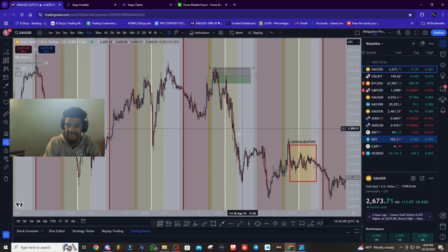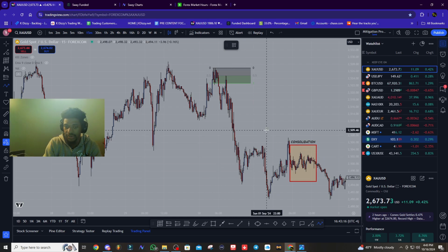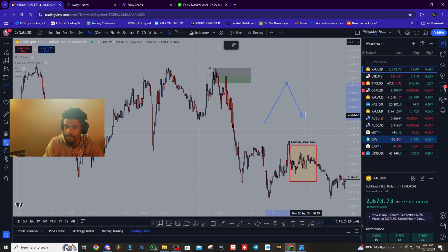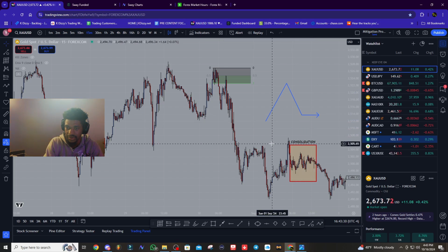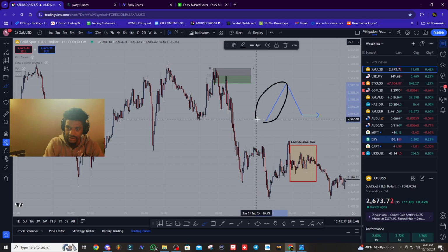Let me just delete this. Let me get rid of this so you guys can see. I said in the previous modules, I wasn't getting into it like I'm going to get into it now, but the market moves in three different ways, right? Diagonal up, diagonal down, and sideways. You know what I mean? So let's just mark the key points. Diagonal up, diagonal down,